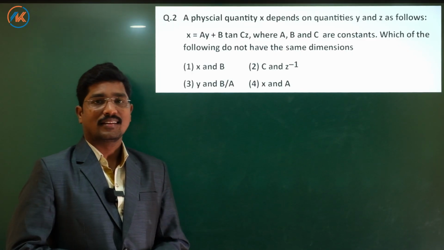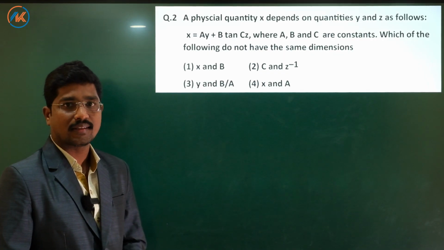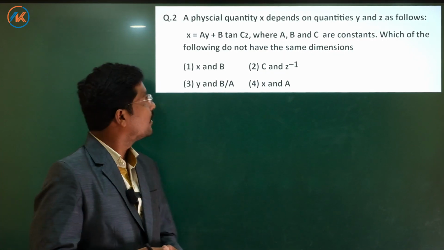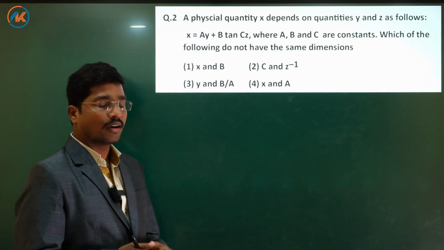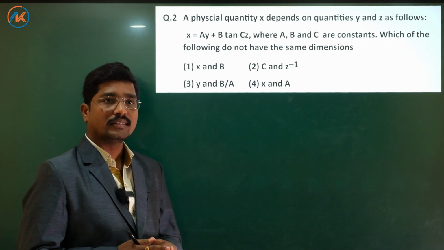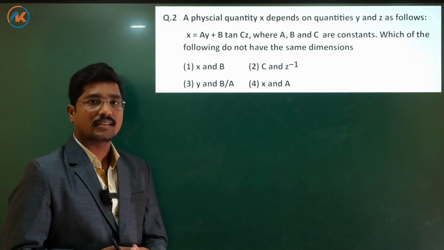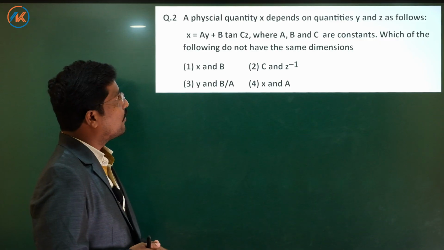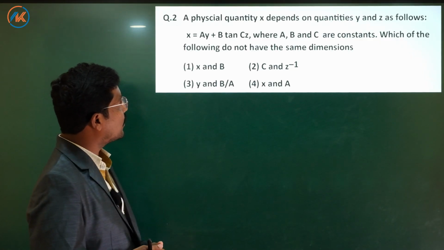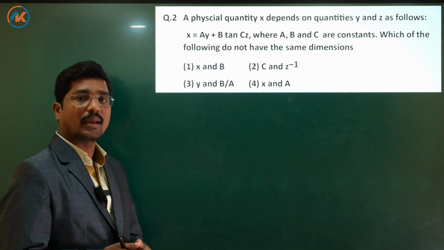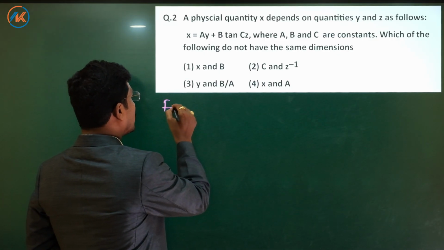Dear students, this is the second MCQ from the units and measurements. It is clearly given that a physical quantity x depends on quantities y and z as follows: x equal to ay plus b tan cz, where a, b and c are constants. Which of the following do not have the same dimensions? From the principle of homogeneity,